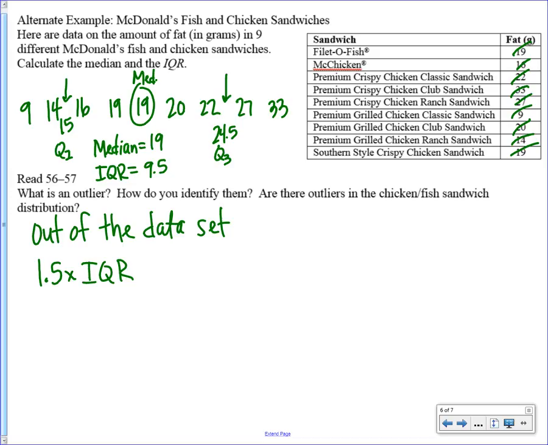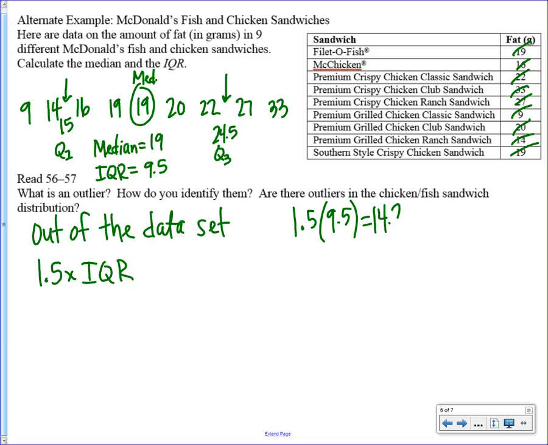Okay? So let's look up here. So if we did 1.5 times the interquartile range, which is 9.5, then that's what? What's 1.5 times 9.5? 14.25.